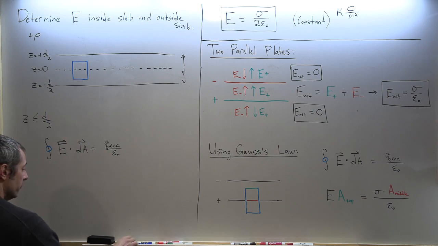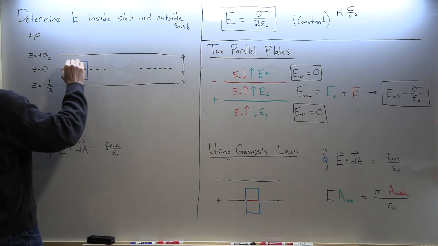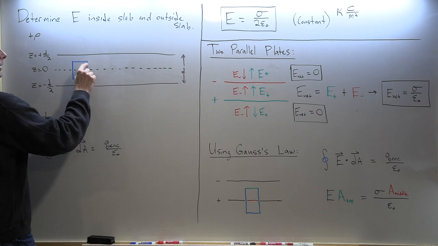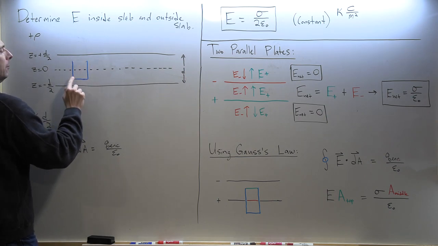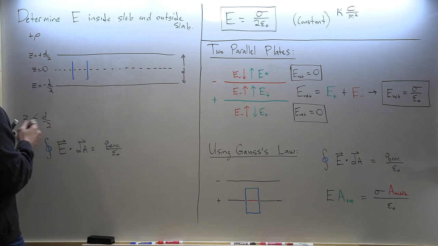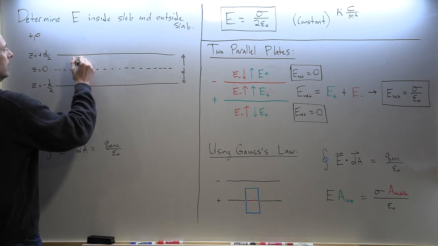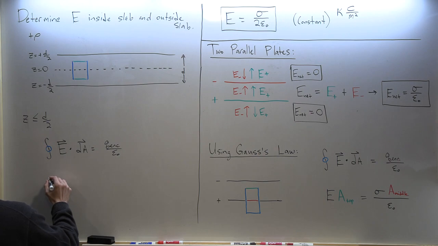Now, the flux, because of my reasoning, the electric field will point directly away from this central axis, so it will not go through and create flux through the sides of my box. It'll only create flux through the top and bottom of this box, here and here. So the second line of Gauss's law becomes E times area, as always. This will be area on the top